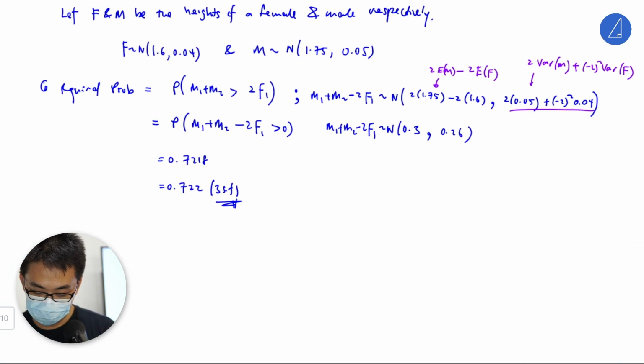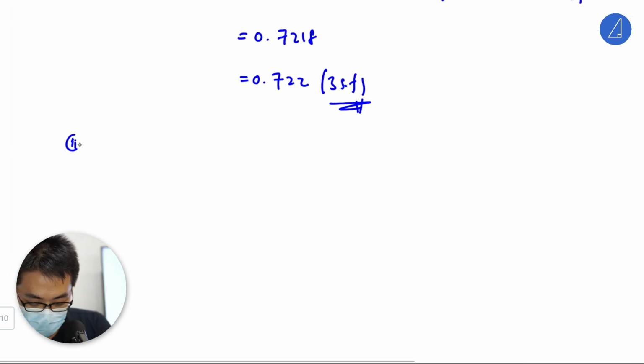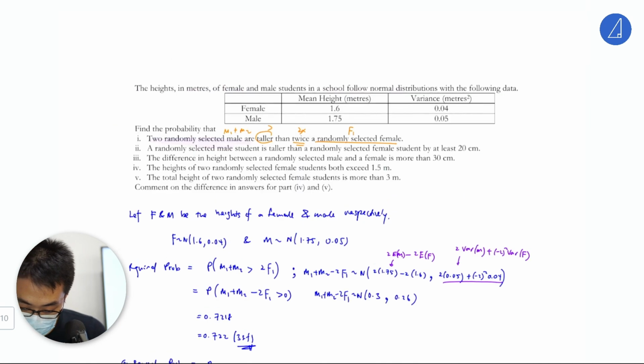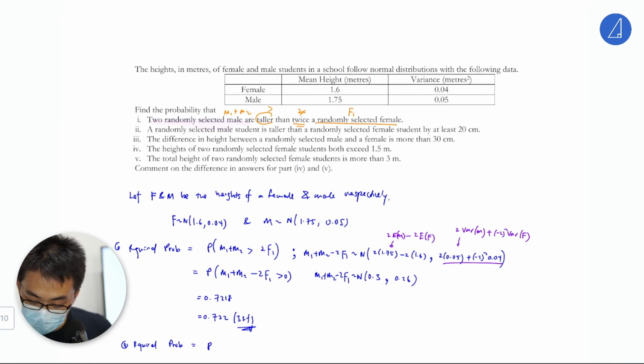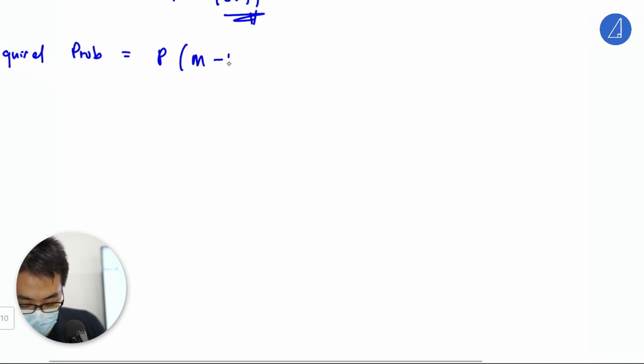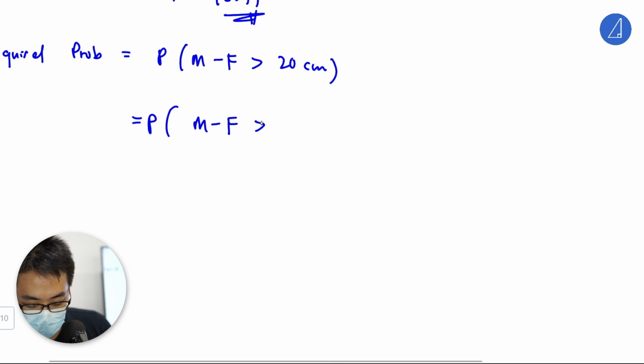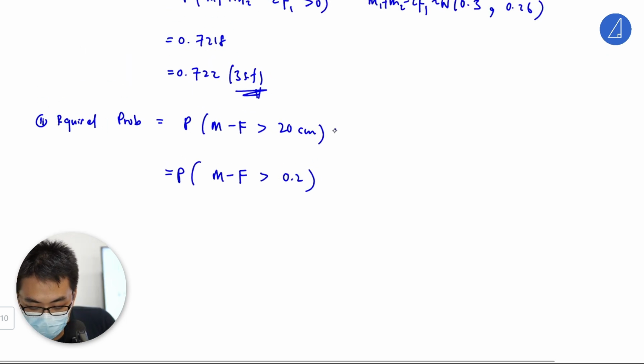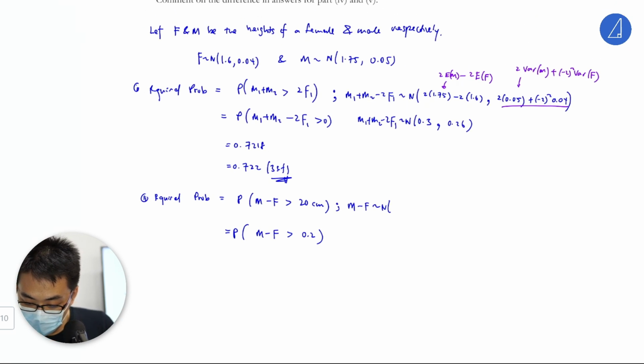So for the second one, the required probability. You want male taller than a female. Male taller than a female by at least 20 cm. But you need to be careful. This is P of M minus F taller than 0.2. Okay, change it. It's here for a reason because it's just to trick you. So this will be